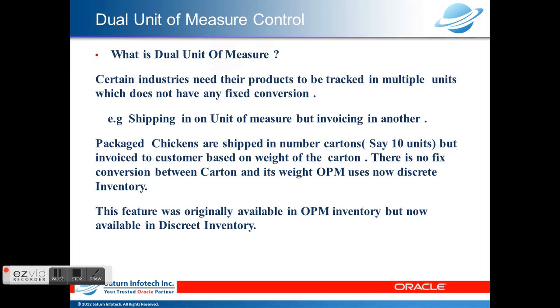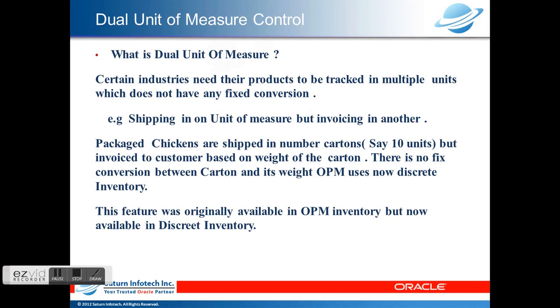So in such cases where there is no constant fixed conversion rate between the primary unit of measure and the secondary unit of measure, this functionality given by Oracle in